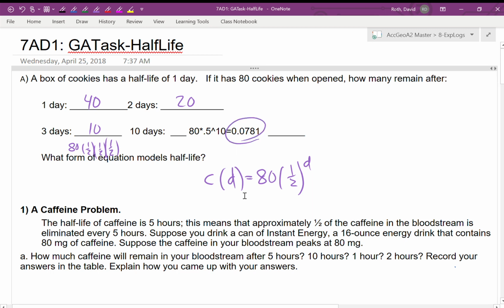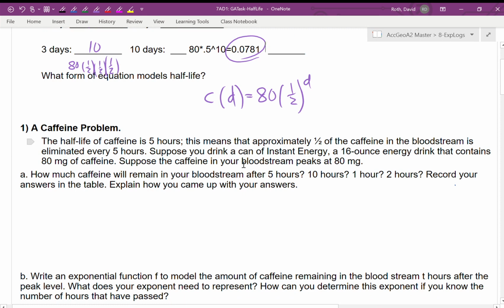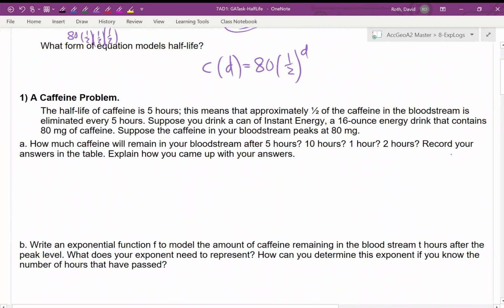All right, so let's go back, let's go down here. Keep it going with caffeine. A lot of metabolic processes in the body, or outside of the body in chemistry class, kind of work this way, where things are consumed at a half-life kind of rate. And how much caffeine after 5 hours? 5 hours is 1 half-life, right? So that means you'd have half of it. And what does it say? So it's just like up above, a similar process. So if I have the hours, amount remaining,